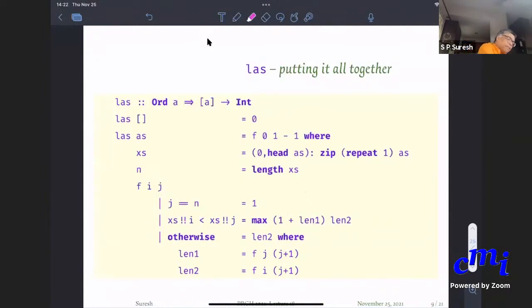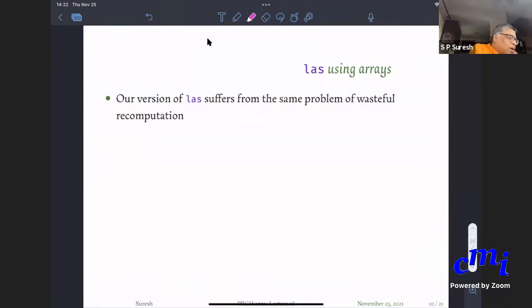Exactly. So, but before looking at the time, this is the whole program. Just if you want to copy it down or whatever, I'll anyway upload it. It's already part of that lex7.hs, lex17.hs. Pick it up. So this is the whole program. This is how you do it. Let us move ahead.